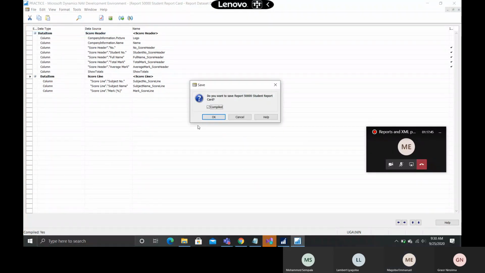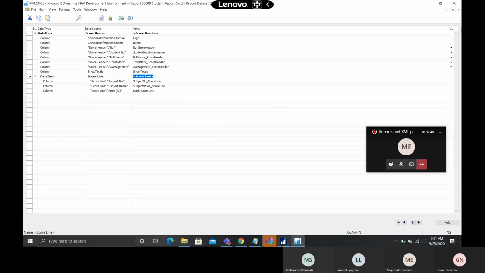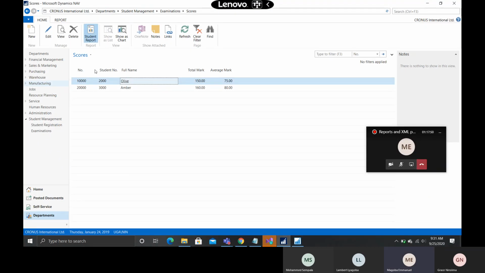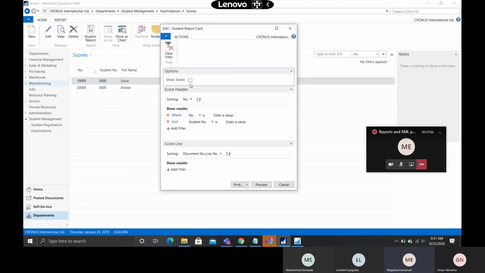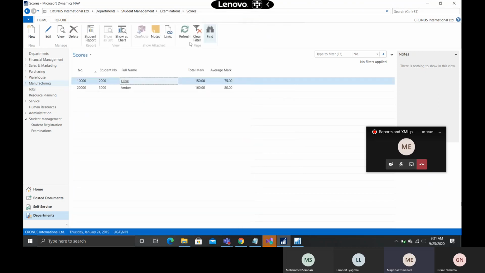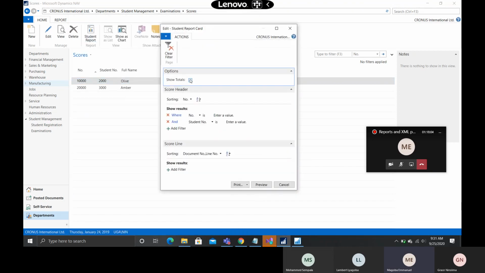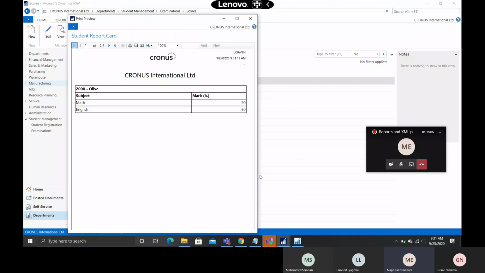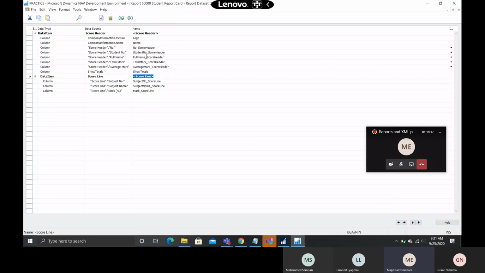Come back here. So if I print my report, if I don't tick show totals, will it show or not? It shouldn't show. So if I click preview, it is showing. Let me try again. If I tick this and I click preview, it is not showing. Yeah, so it means our expression has a problem. So it is doing the reverse. So I can go back to my layout,